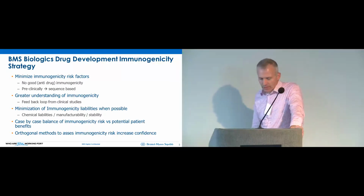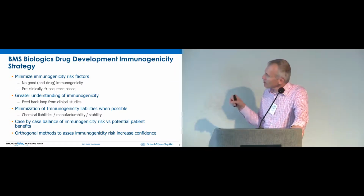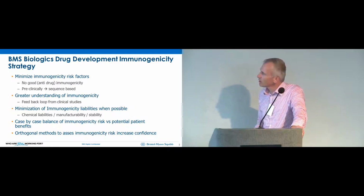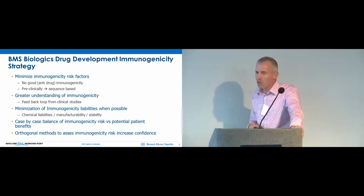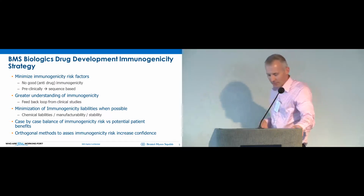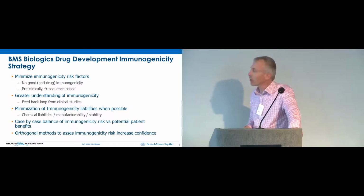All right, so the strategy that we usually apply within BMS, and this is really just for the preclinical early drug development work. As mentioned, there's really no good immunogenicity, so it's pretty easy. The more we can minimize, the better. So any risk factor that we see, if we can eliminate it, awesome. You don't really have to balance with anything. So preclinically, that mostly means for us that we're looking at sequence-based